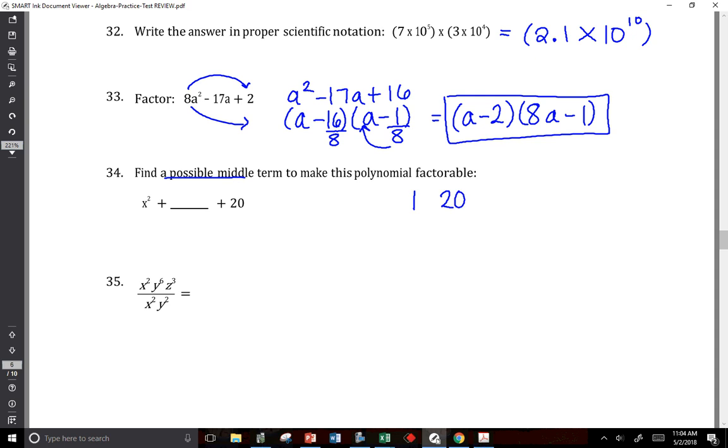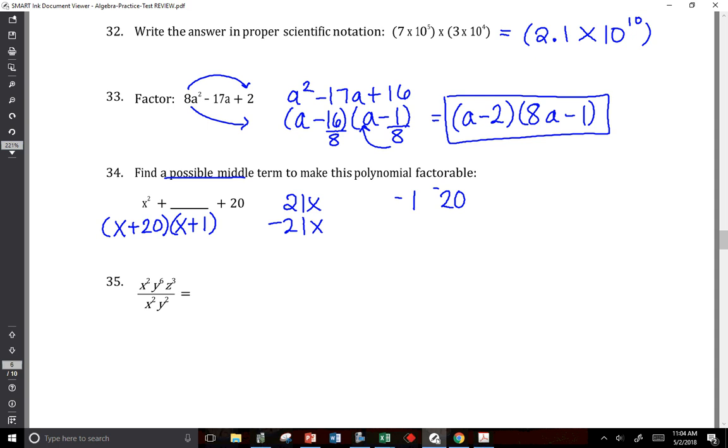Hold on. If you FOILed this, wouldn't you have x squared on the beginning and plus 20 on the end? And so it could be -21x in the middle. Good one. Not necessarily, because it could be, oh, I see it now. My bad. Not a possibility. I see what he's saying, because he's pointing out that they did give us a plus. I was ignoring that. Okay, sorry about that. Good eye. Okay, so this would be 21x in the middle. You could add a negative, but,